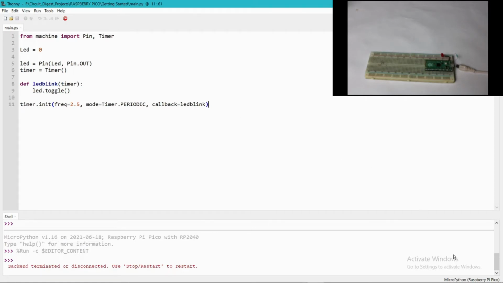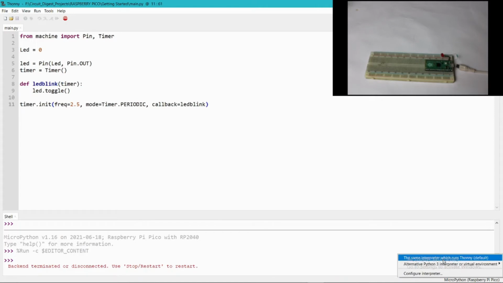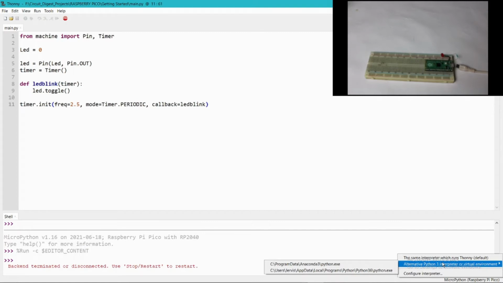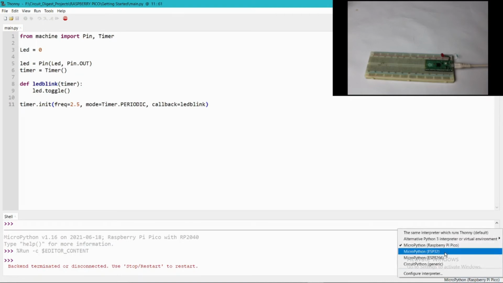To upload this program, we need to go to the bottom right corner of the IDE. Here you can see the option of the development board that you are using. Right now I have not connected the Pico to my laptop, so it is not showing any development board. When I connect the Raspberry Pi Pico, you can see here we have some options like ESP32, ESP8266, generic, CircuitPython and MicroPython for Raspberry Pi Pico.